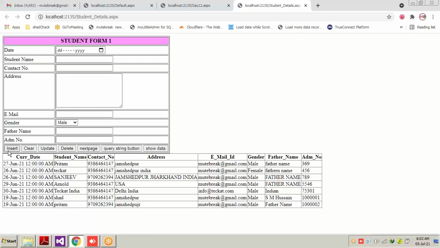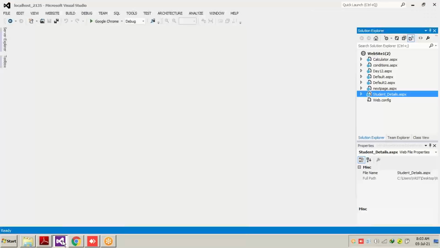I will try to change the buttons. There are 7 buttons. For the first 4 buttons, I would like to show you how to make changes on this page to make your button very attractive, because it is showing the same default color with the same font and the same default size. So I will go to this form, the design part.